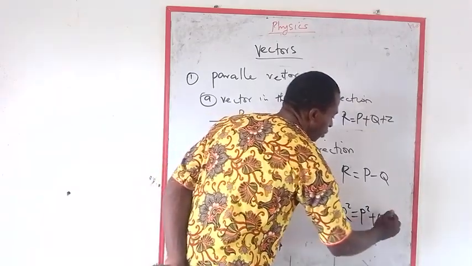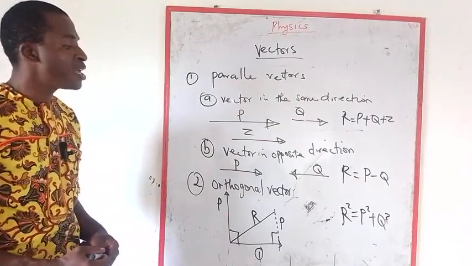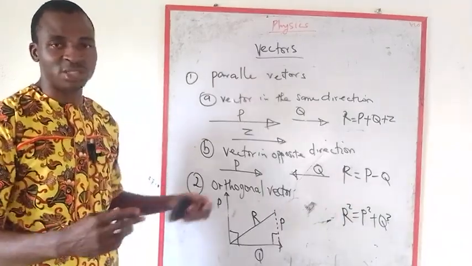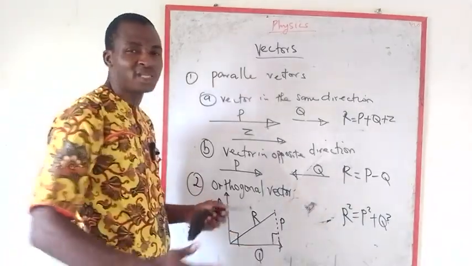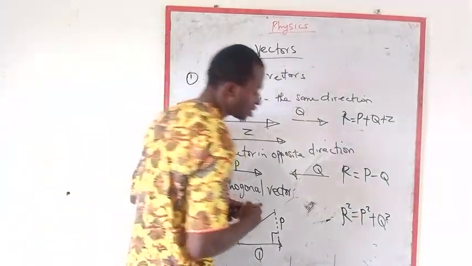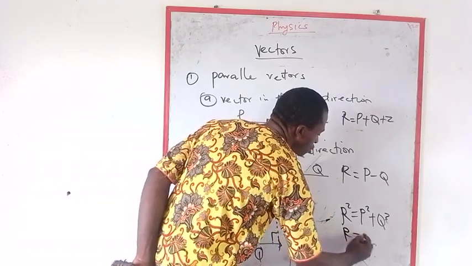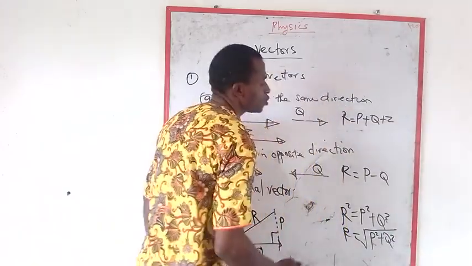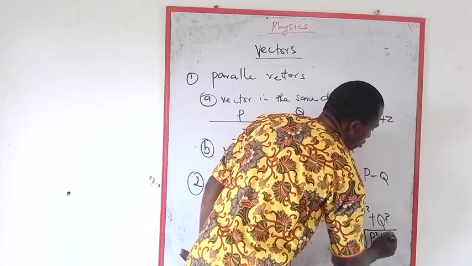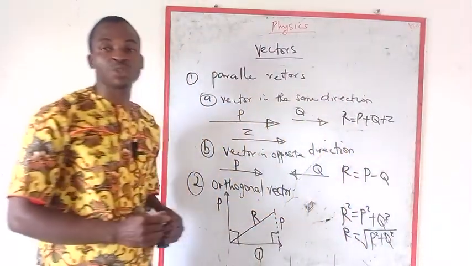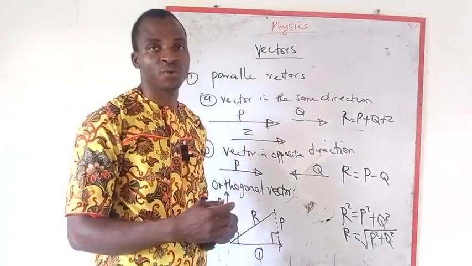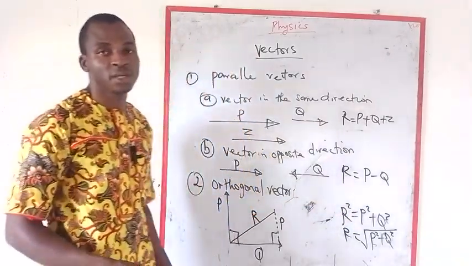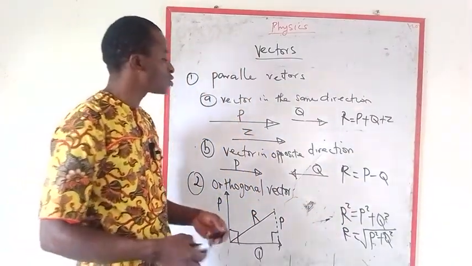So for what you are seeing here on the board, you will now realize that we have gotten our resultant. Not like every other vector of scalar addition. No. You can see that it's peculiar because the vectors are in a 90-degree direction, which is the orthogonal direction. Now our resultant becomes square root of what? P squared plus what? Q squared. If you don't know how this one is done, you check my video on equation of indices, you will know what happened there, where the square becomes square root on the other side of the equation. We are going to continue subsequently because we still have